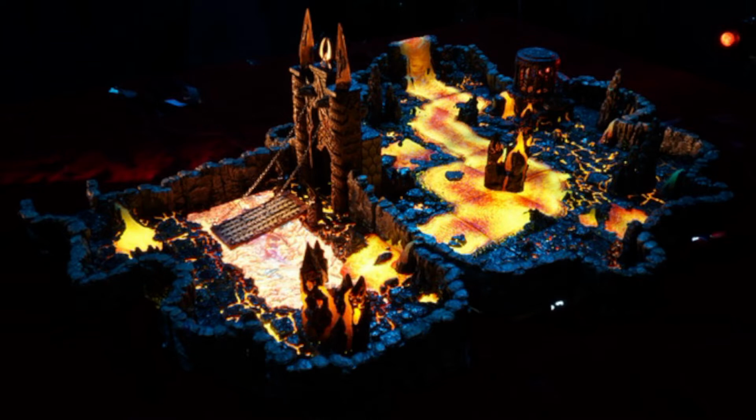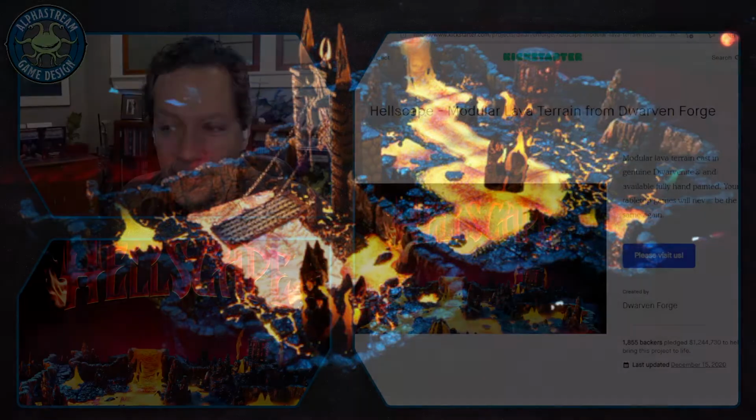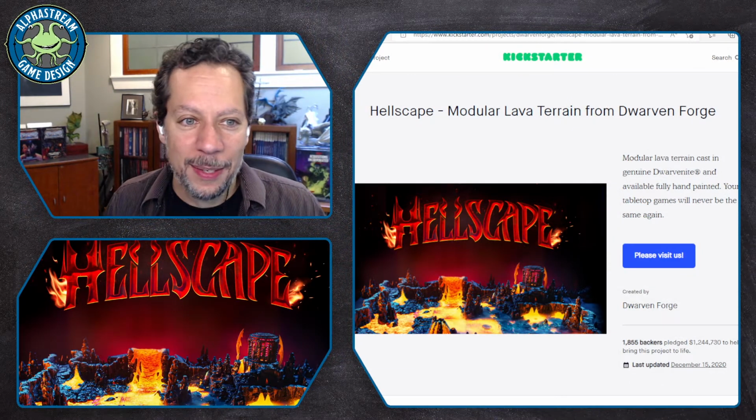So this is a picture from their Kickstarter that shows you the breadth of what they were offering. Lava rivers, glowing pieces, massive gates that you can just recreate Avernus or any of the 9 hells as well. Well, the fiery ones, I guess. And you could also create just volcano scenes and just anything of that nature. So let's take a look at the